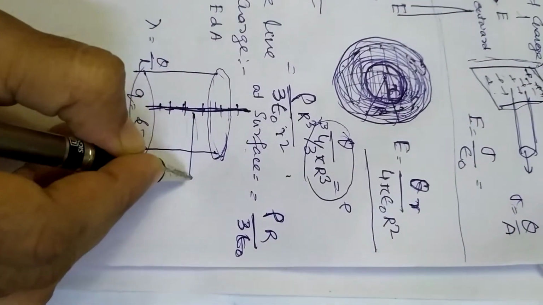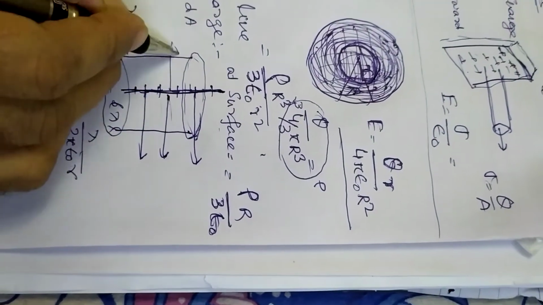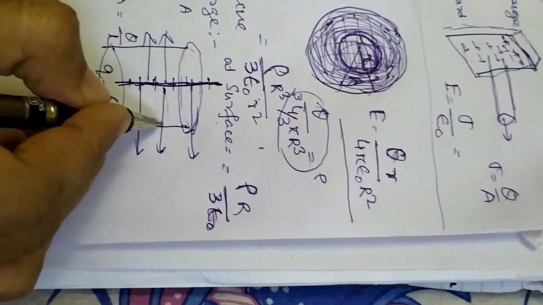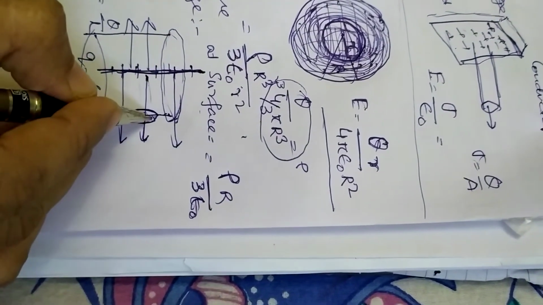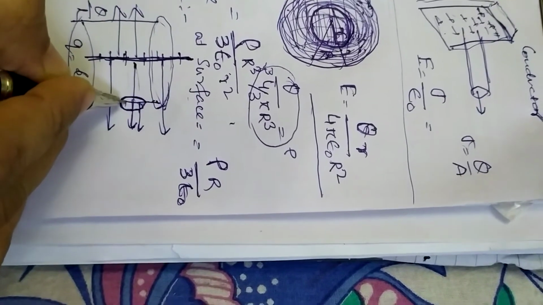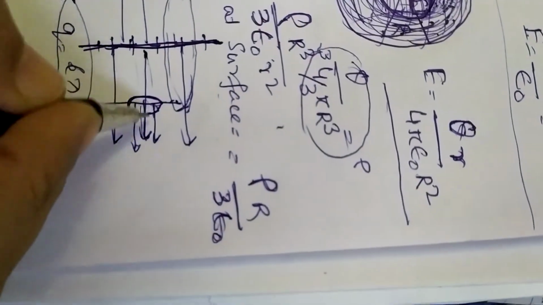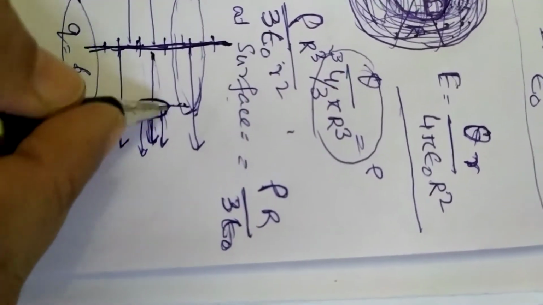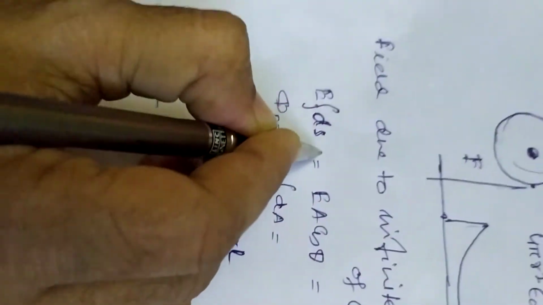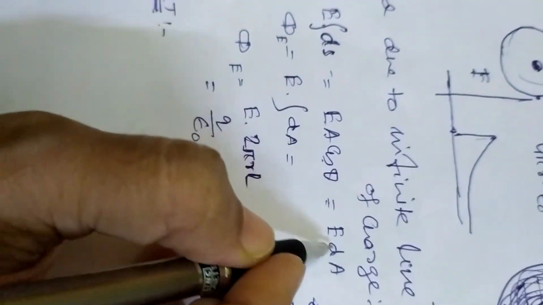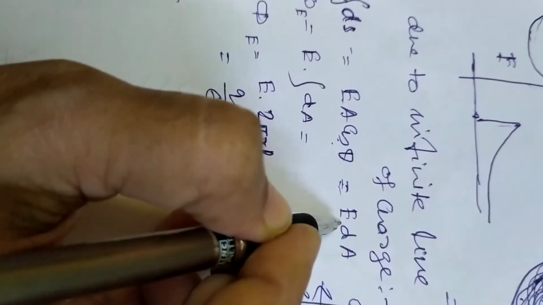The electric field will be like this, and here also like this, and here it is going out in this way. This electric field is normal to the surface, and the surface vector is like this. The surface is a vector, and it is also going like this, so it will be all 0 degree. So we'll be getting the electric field here in this way, and if we are calculating, then we'll write E dot ds, that is equal to EA cos theta. If it is normal at 0 degree, cos 0 is 1, so we are getting E dot dA.